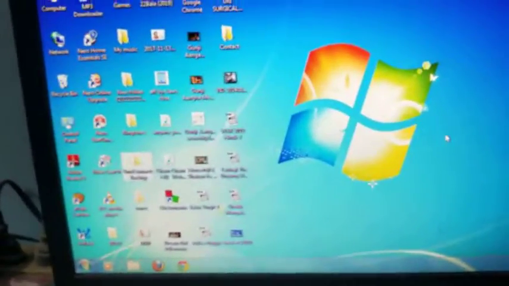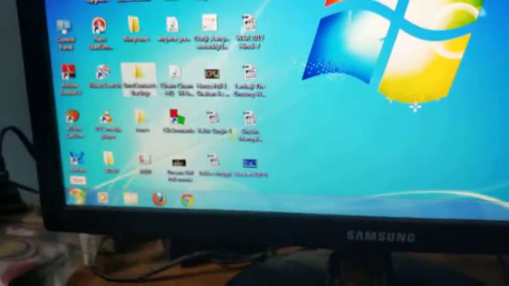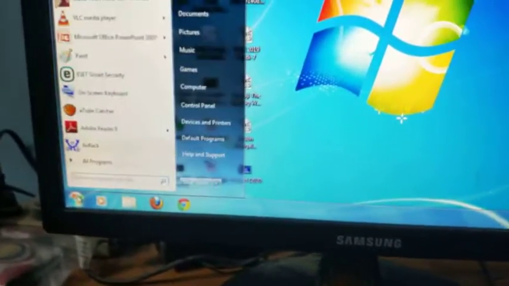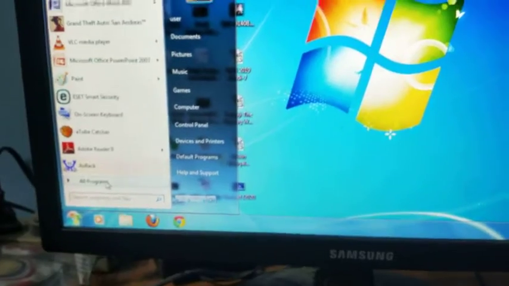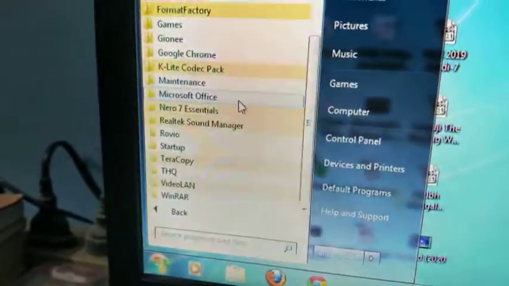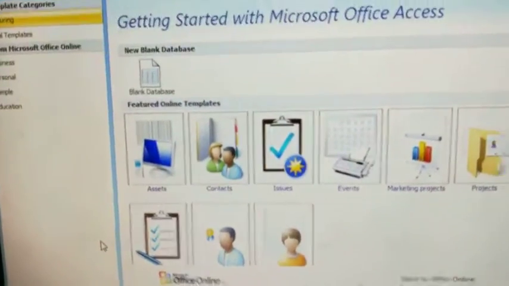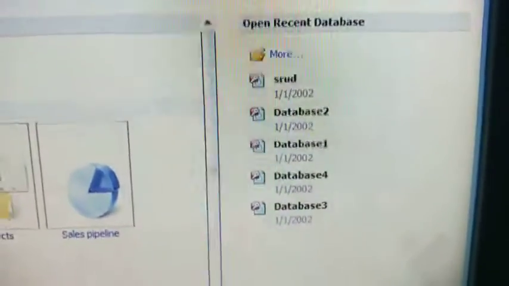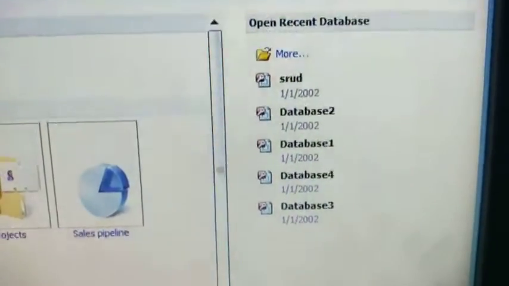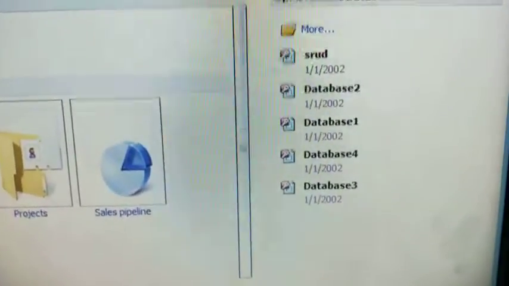Dear students, you all know how to open MS Access. First of all you have to click Start, then All Programs, then from here select MS Office, then MS Access. Here you will get the list of all the databases you have already made and saved with 15 records, as I told you in the